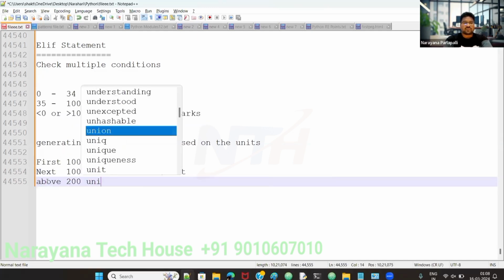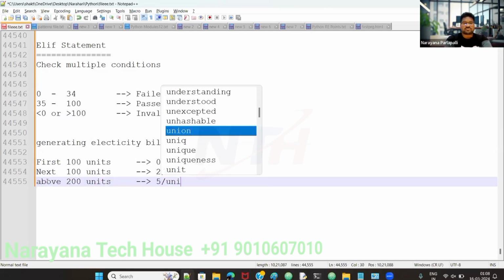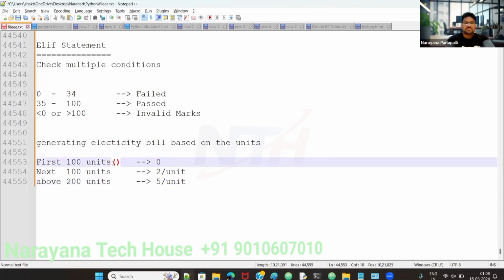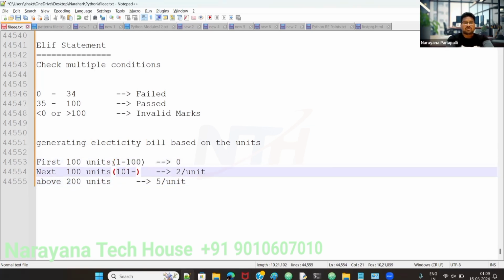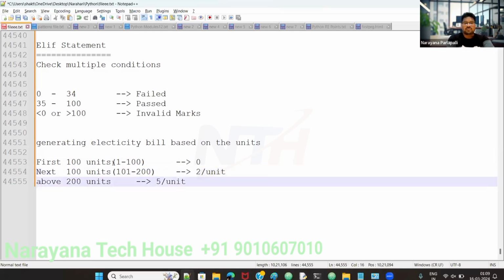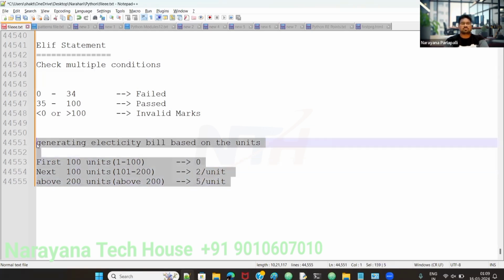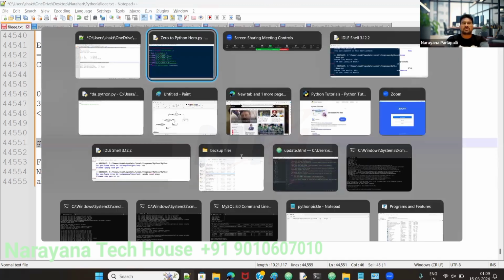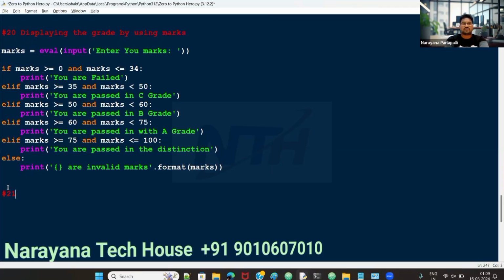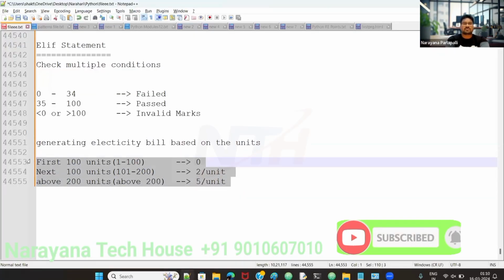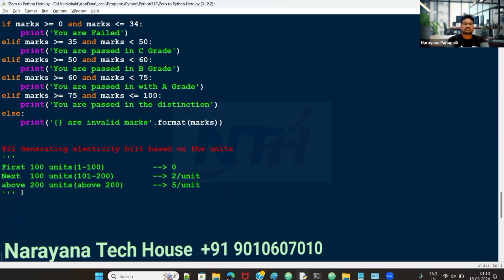So above 200 units, how much per unit do we have to pay? 5 rupees. This is the calculation we have to do. First 1 to 100 is free, 101 to 200 is 2 rupees per unit, and above 200, it may be 300, whatever it is, per unit we pay only 5 rupees. Okay. So now let's make a program for this. Right now, copy and paste the same requirement in our Python file, so that by seeing this we can